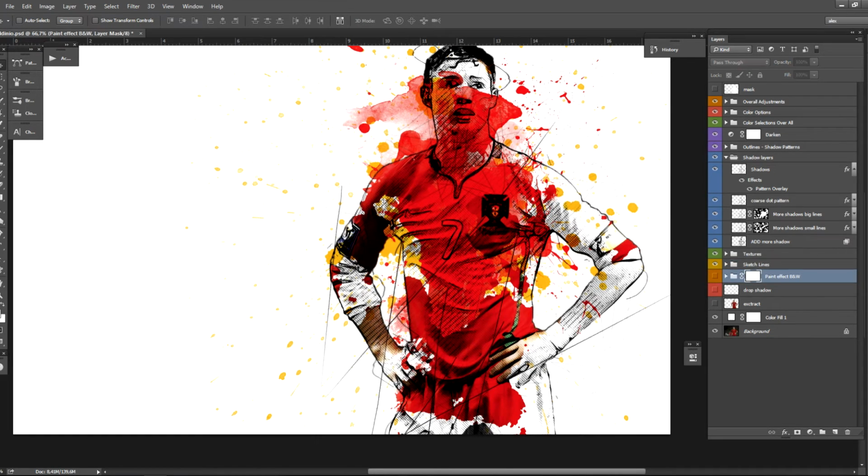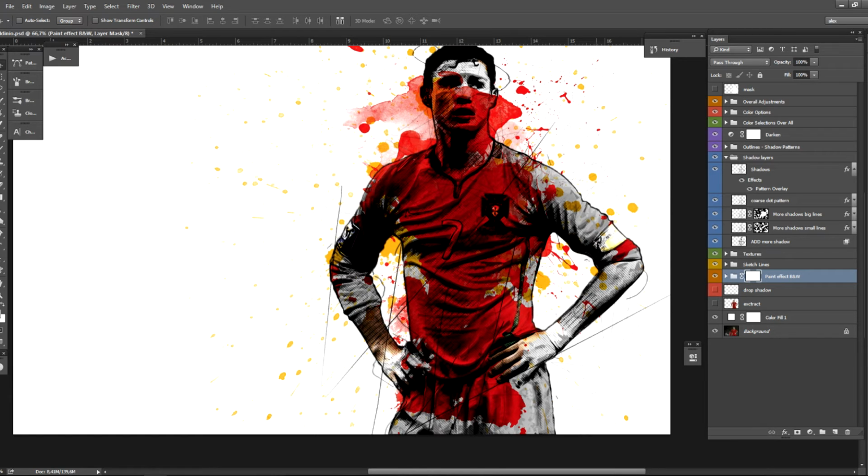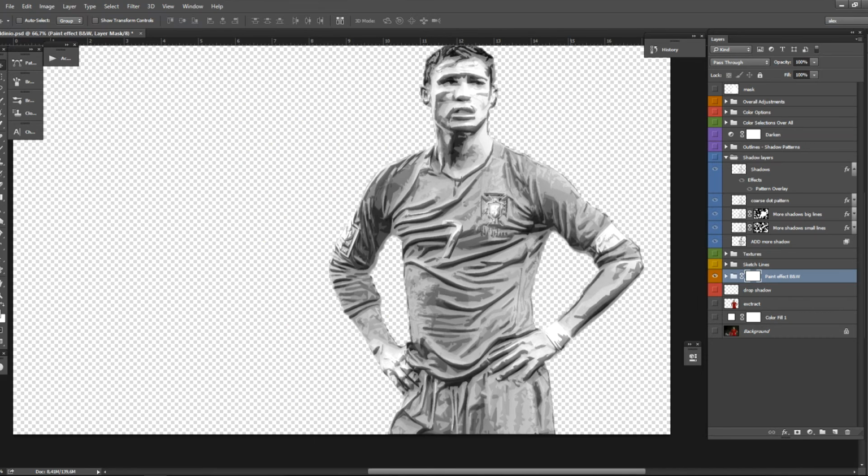And now you have a closed group, the paint effect. So let me open it just to see what this group does. You have these black and white areas, these grayscale areas on your design. It is an abstract painting style.